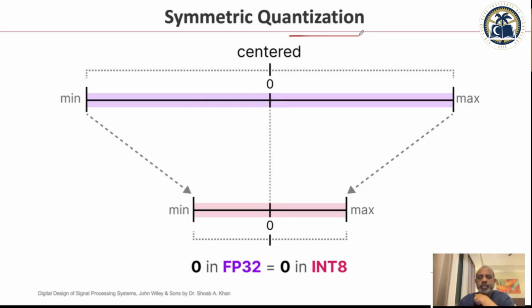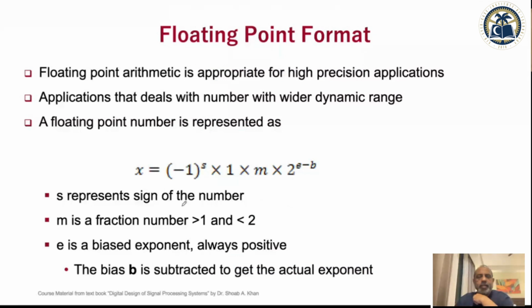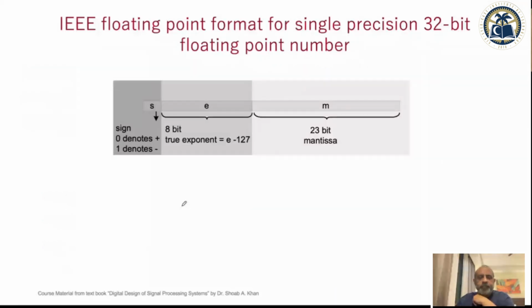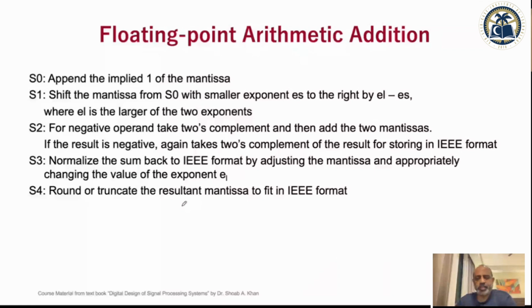Second, all the computations can be simplified. So fixed point conversion is definitely an option. Fixed point conversion means that you need to decide about the place of the decimal. We have seen how the floating point number works, what the IEEE 32-bit floating point format is, and what the challenges are, especially in addition and multiplication, always bringing every result back.